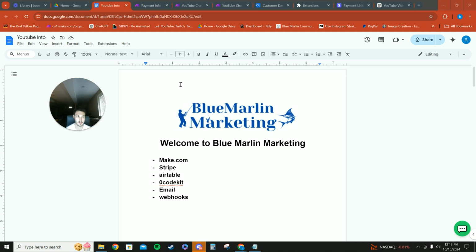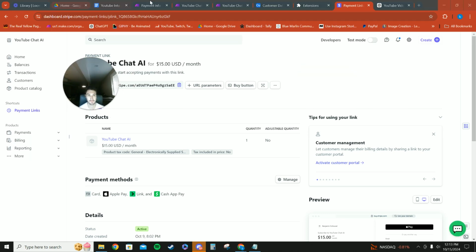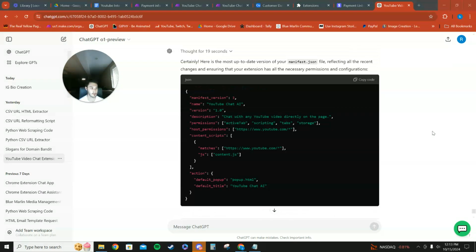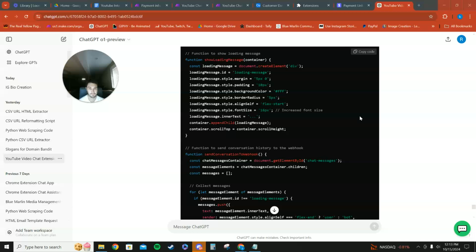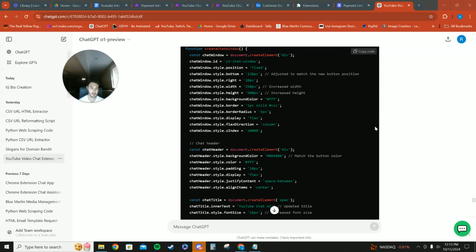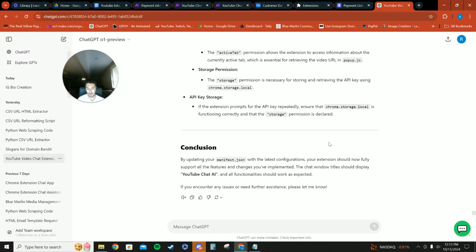So the first part of this is, I know that we made the Stripe link and I showed it in the previous video, but if you haven't already, you're just going to want to make sure that you have a payment link created for whatever you want to do, and then go ahead and copy that. Once you've had that, if you currently have your extension set up so that you were just in testing, where you weren't trying to charge for anything, all you're going to need to do is go ahead and say, like, could you,